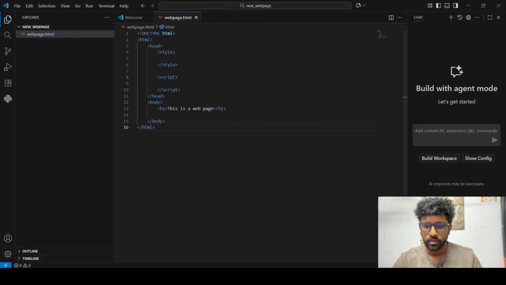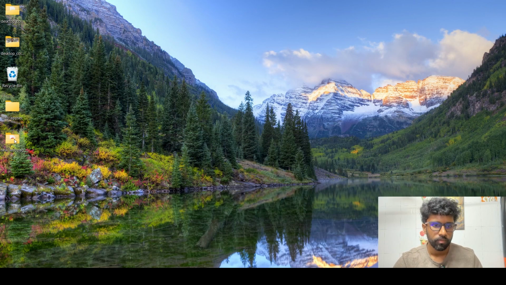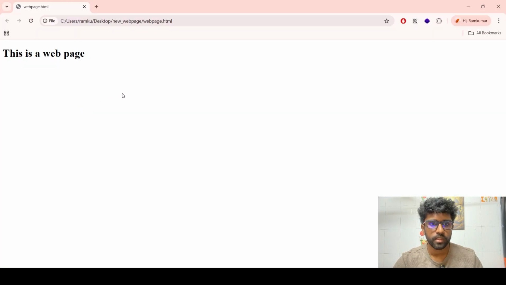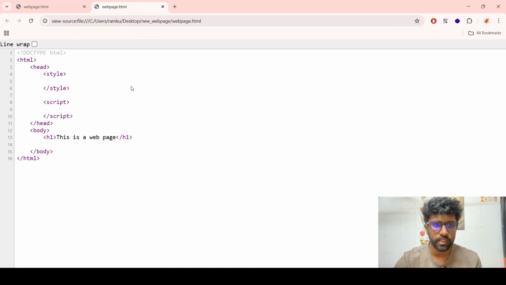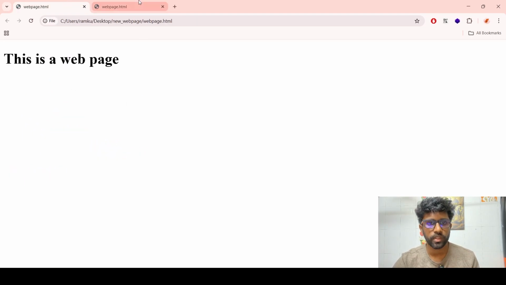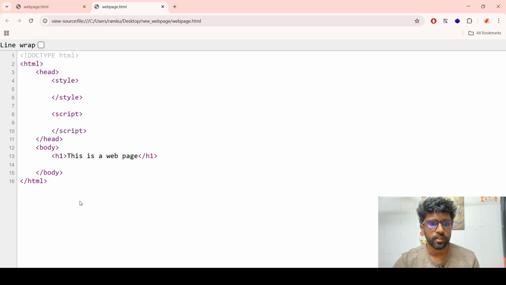Let us open this web page. See, here we have a web page. If I open this, this is the loaded web page. If I see the source code, view page source, I did a control U there. We are able to see what I wrote in Visual Studio.